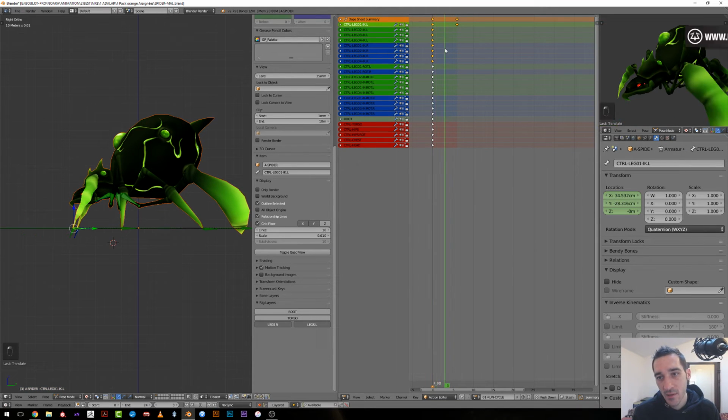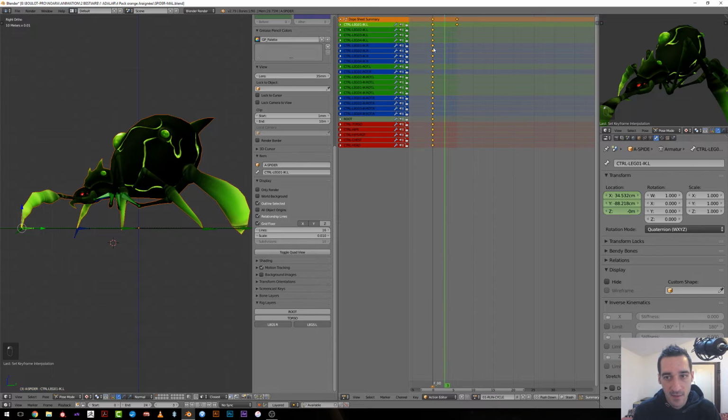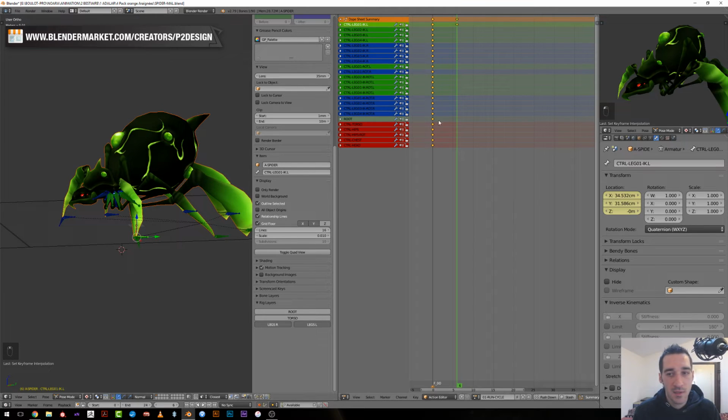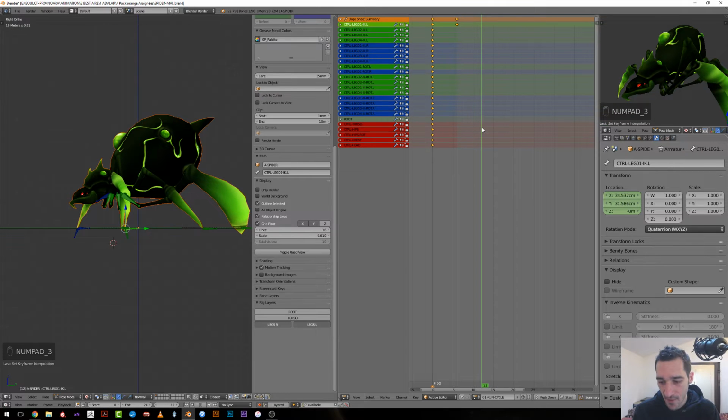So what I will do is change the way the timing is working here, pressing the T key, and change the interpolation to constant. And what will happen is that nothing will change until we strike a new keyframe here. All right, so now I can go to frame